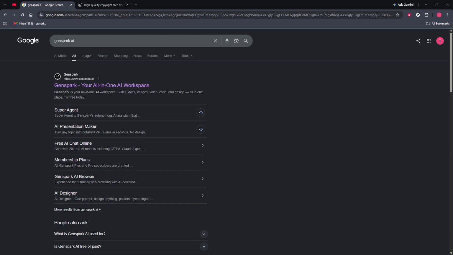In today's video, I'm going to teach you how to gather bulk images using Genspark AI Desktop. To get started, open your browser and search for Genspark AI. This is the quickest way to find the platform if you do not already have it bookmarked. In the search results, look for the official Genspark site labeled as an all-in-one AI workspace and click that result